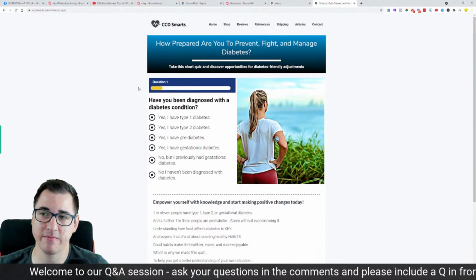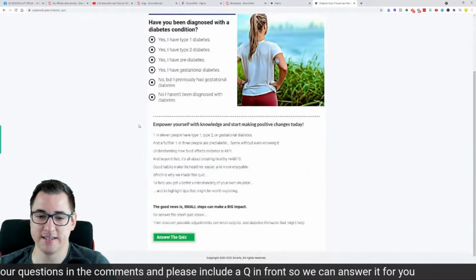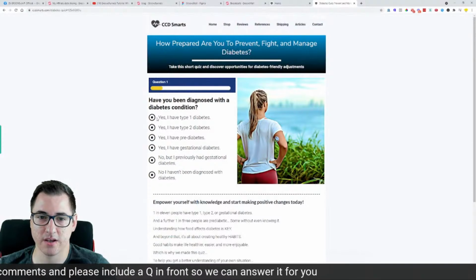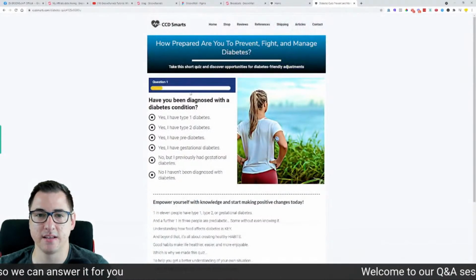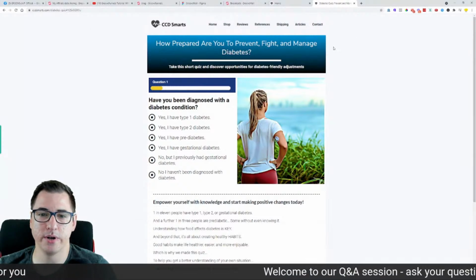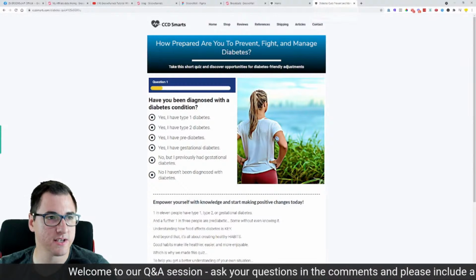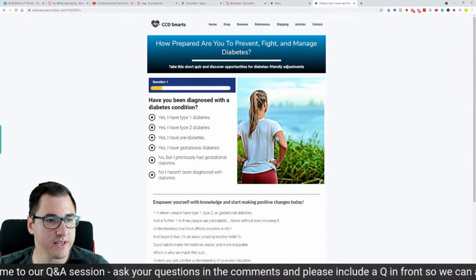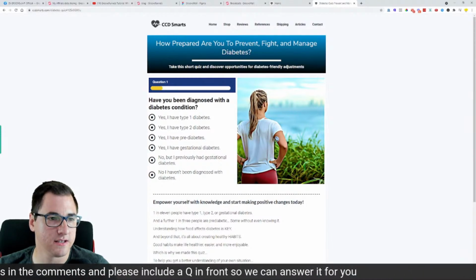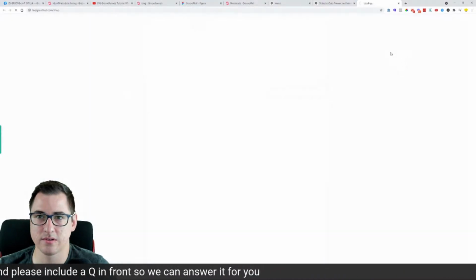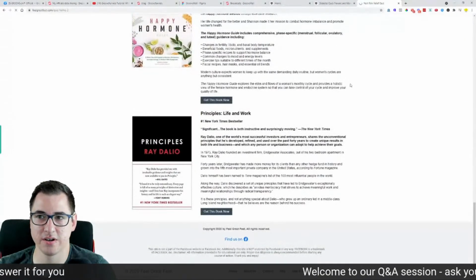These are the same image where they just kind of animated this progress bar as an image. This is something that you could do. Let's just see if it actually allows answer the quiz. Yeah, it doesn't. They need to relink it, I believe. But this is the way that you could do quizzes with a manual process. Let me see if they had multiple of these sites. Most of them are very similar in nature.